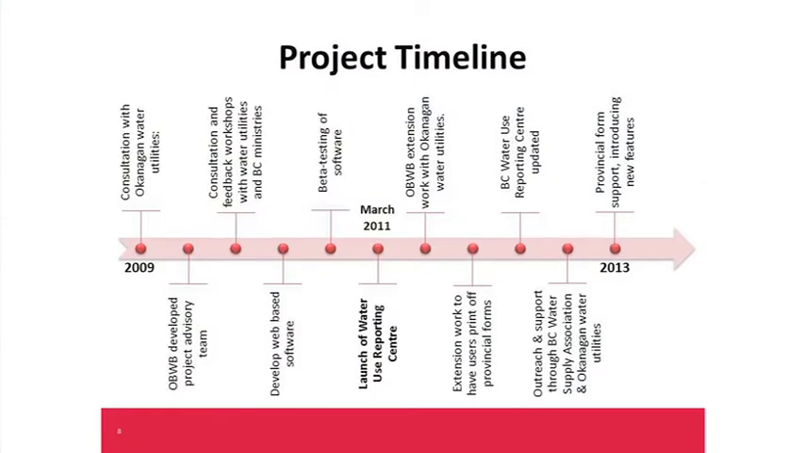So here's a bit of a project timeline. We started off in 2009, where this initiative was created by the Okanagan Basin Water Board, and consultation began with the Okanagan water utilities, and then project advisory teams were created. Feedback was gathered from water utilities and BC ministries, and finally in March 2011, this online system was released to